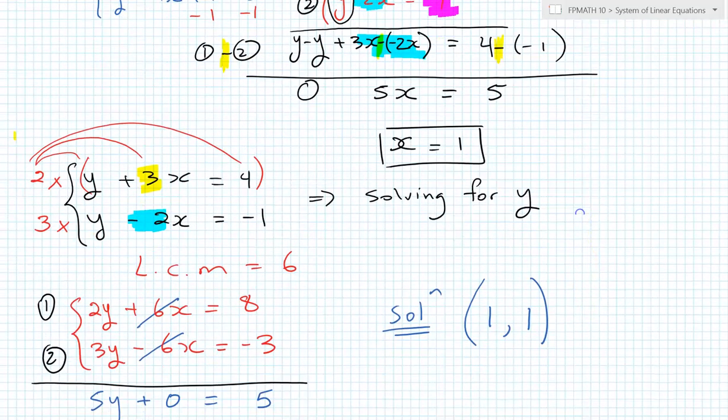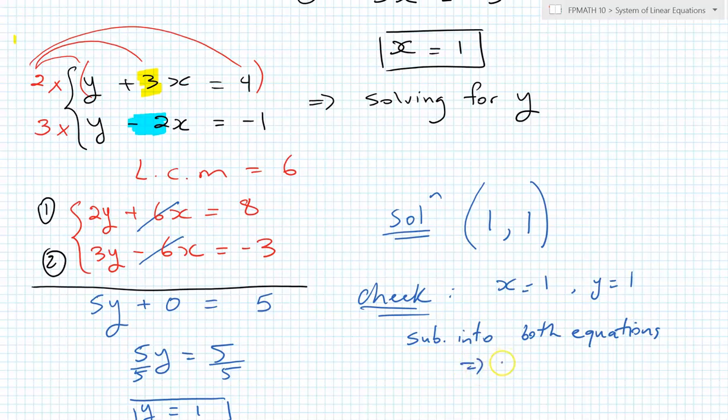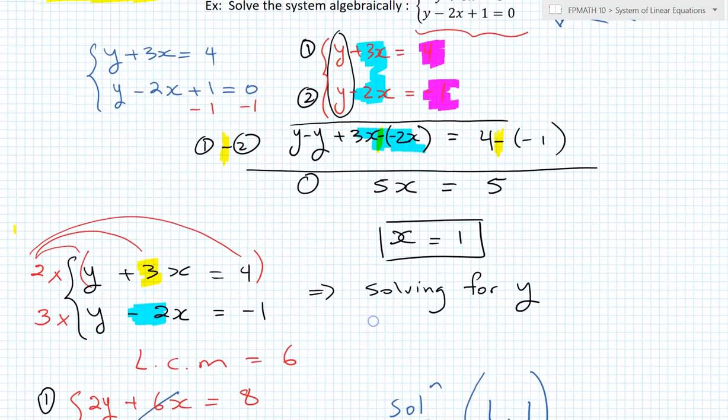Now, can we check the solution? Let's check. Always check your solution. So x equals 1, y equals 1. How would you check that? You sub into both equations. And they must be true. That means when you sub in x and y for equation 1, the left hand side, y plus 3x,